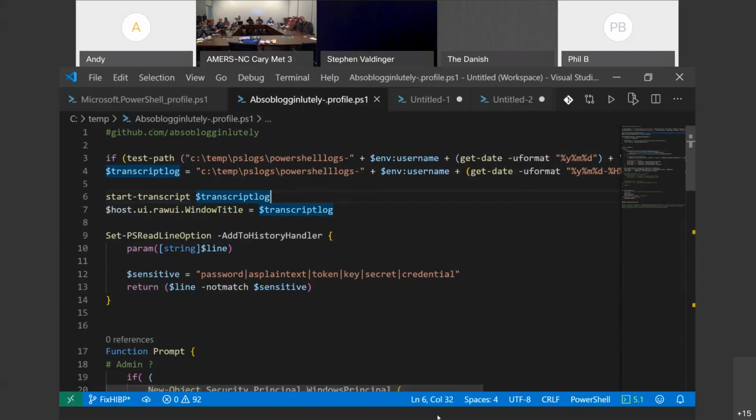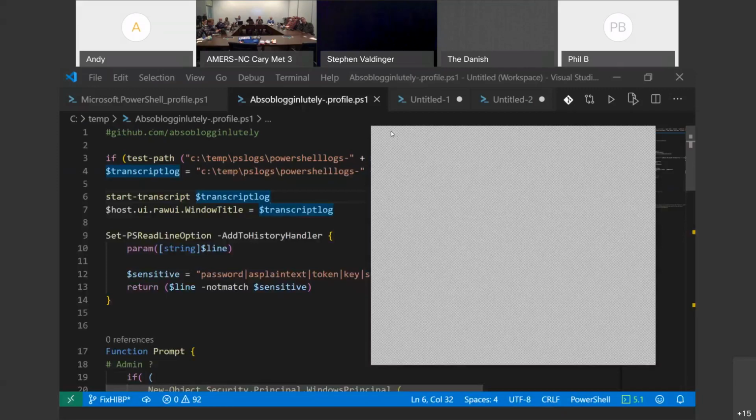So if I show this one, this is my PowerShell and it has the file name for the log. If I have 15 PowerShell windows open at the end of the day and I'm trying to work out where's the log file, I could write $transcript log and it'll show me the file name, or I can just look at the top of the